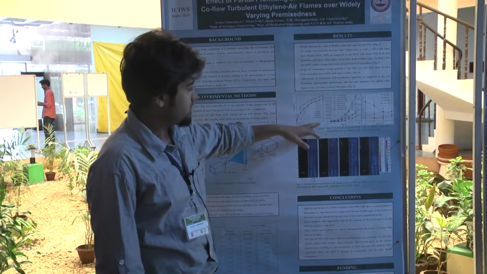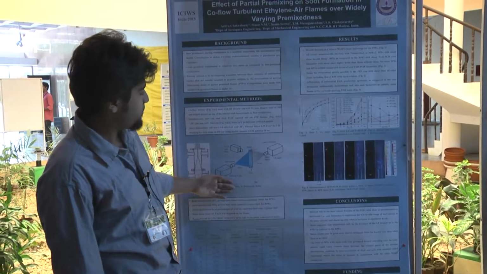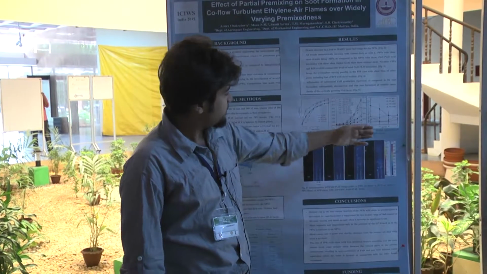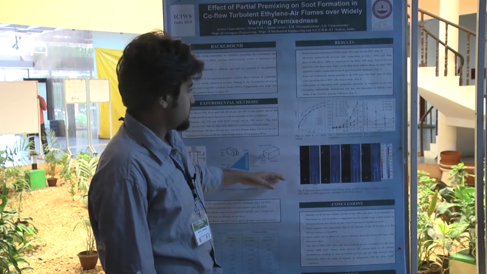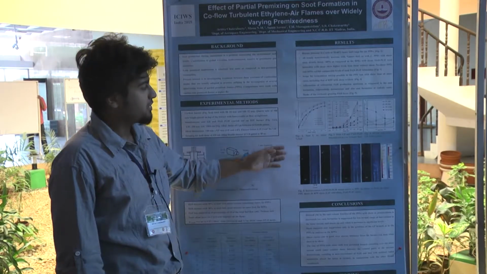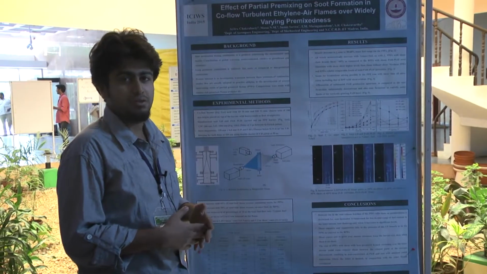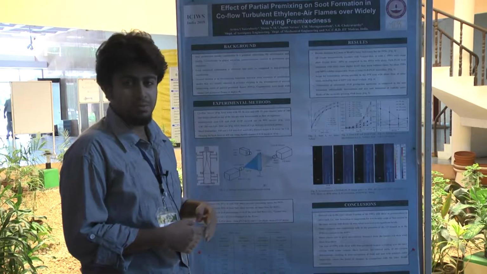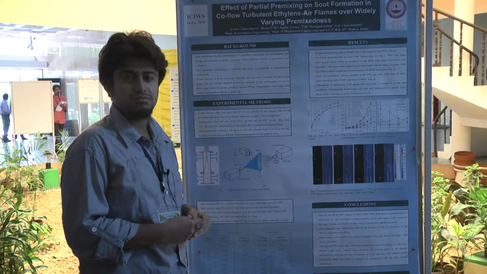These are the additional results that we found from simultaneous LII and PLIF measurements, and even that supports the same, as we see, and these are just some instantaneous images that we have found. So we can say with certainty that partial premixing and shear mitigate the formation of soot. We are trying to apply this in gas turbines and look at low emission engines and such.